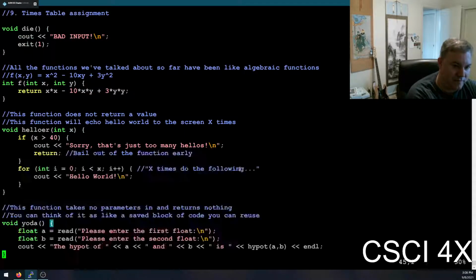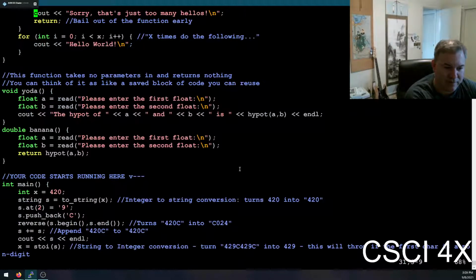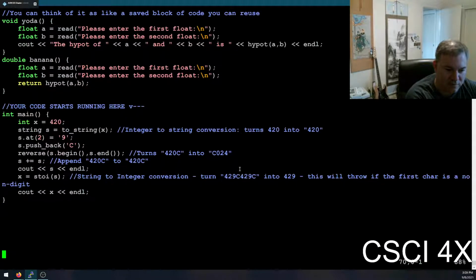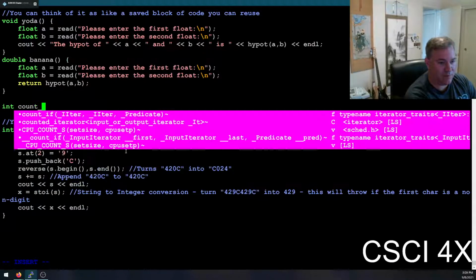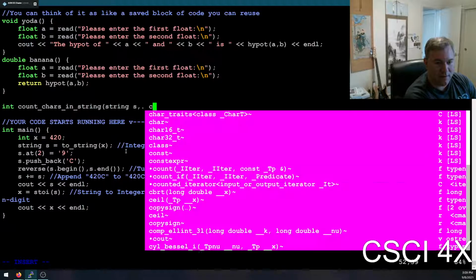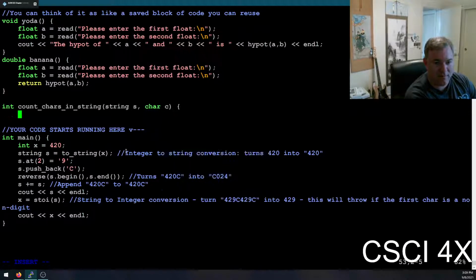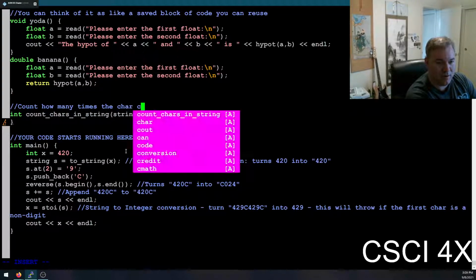So that is that. It's basically what you need to know for the assignment. So basically, for the assignment, the user is going to type in a 6-digit password, and then, passing a string to a function. So let's do int count chars in strings. We're going to take in a string s and a char c. So it's going to count how many times the char c